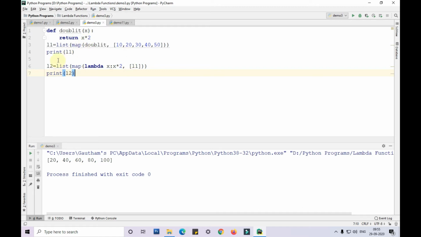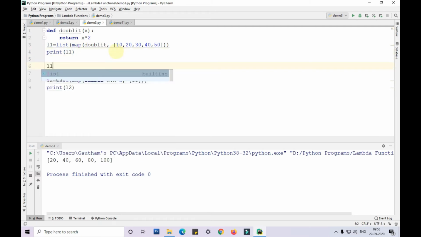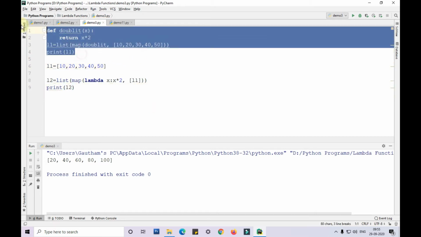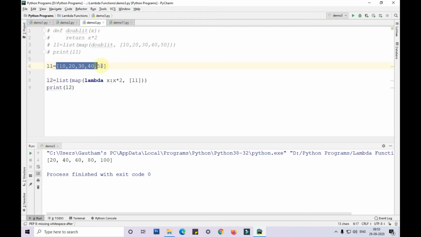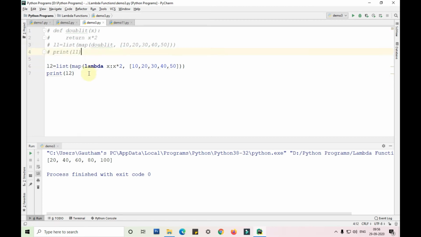Otherwise, I'll take the L1 list so that you can understand easily. Okay, I'll comment this. The same code is done in 4 different lines, whereas it is done in 2 lines here. We can also pass the list directly here, and remove this so that it is just 2 lines.